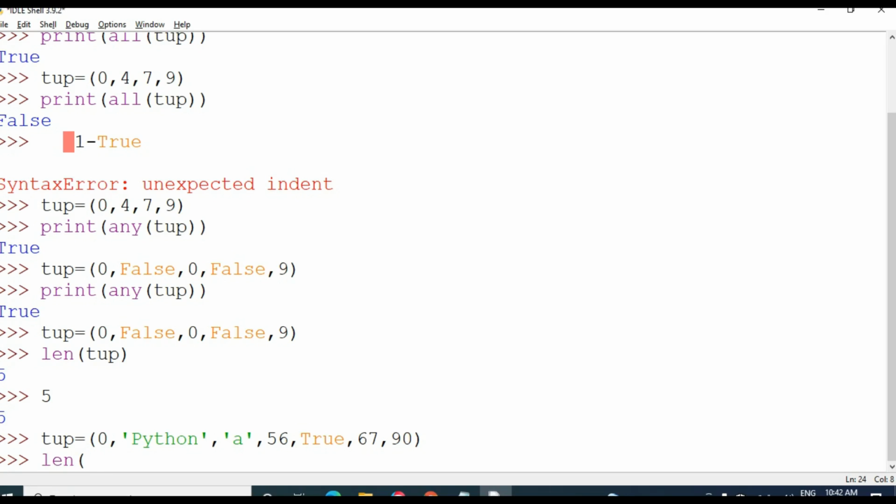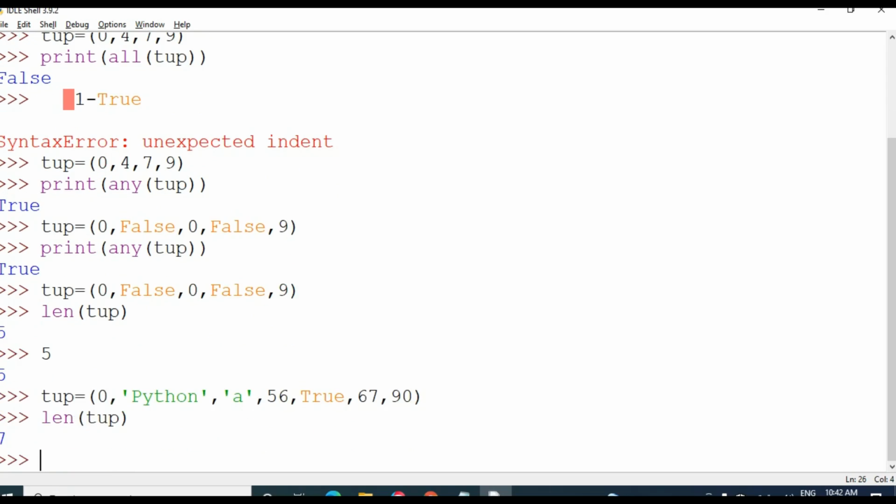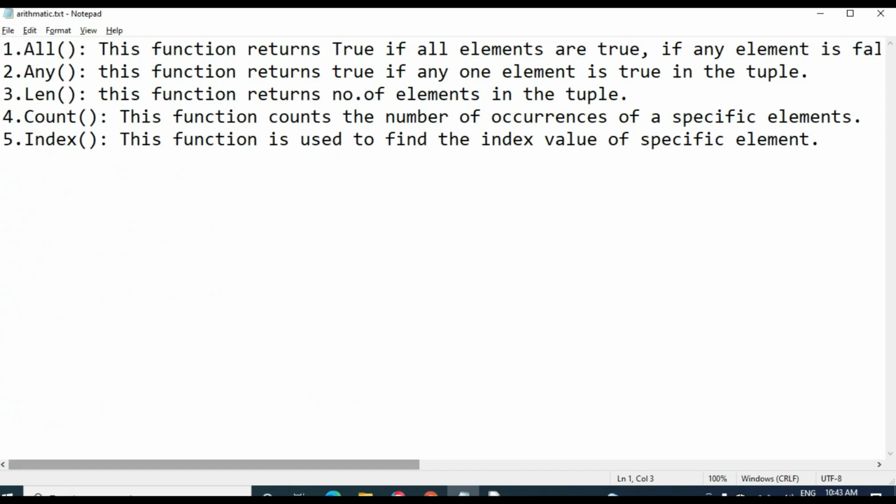Okay, then the length of the tuple is 7. Okay, 0 1 1 2 3 4 5 6 7, totally 7 elements are present inside the tuple, so it returns the value as 7.